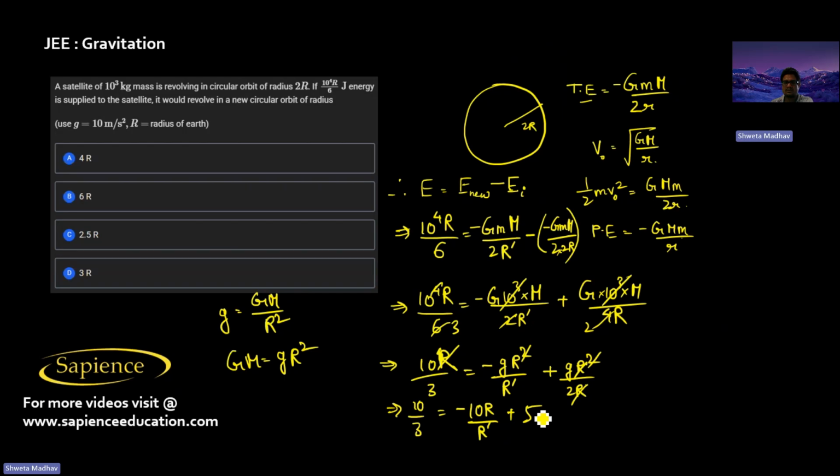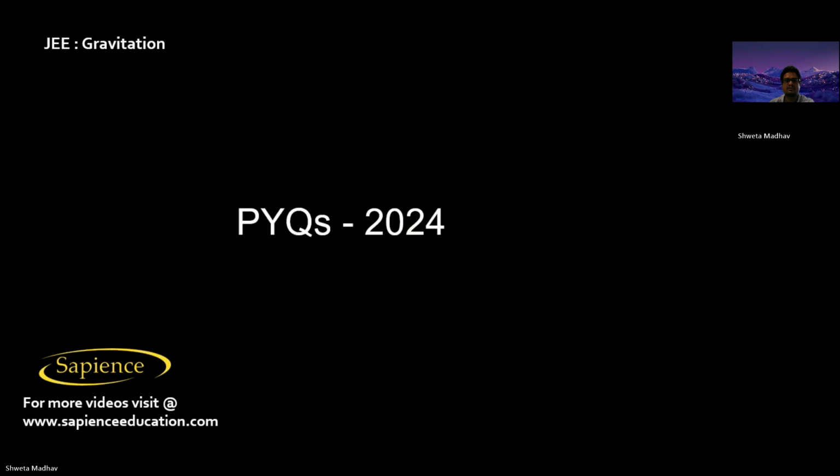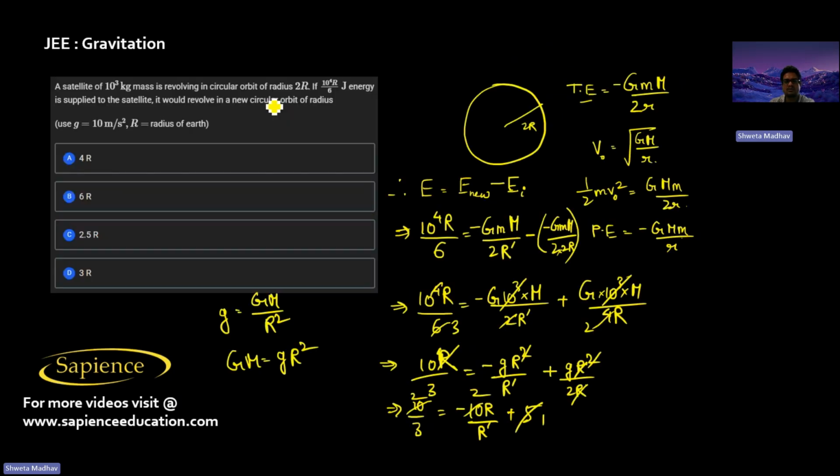So with 5 I can cancel out, 5 and the 5, 5 is a 10, 5 is a 10. Therefore, we got 2 by 3, that is equal to minus 2r by r dash